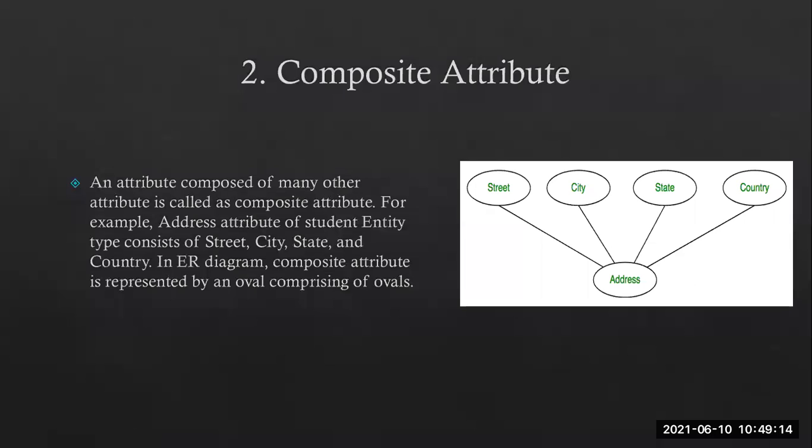Please learn carefully, as in the Viva they will ask you the question: what is the key attribute, how you are going to represent it, how you will understand whether it is a composite or whether it is a key. Key means whatever attribute gets underlined, that is a key attribute. And composite means when you have the classification of more attributes. Okay. And then the second attribute is called a composite.